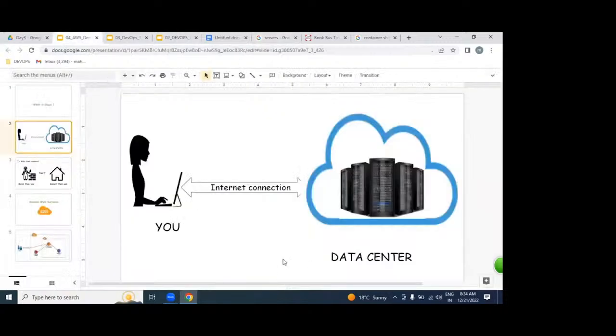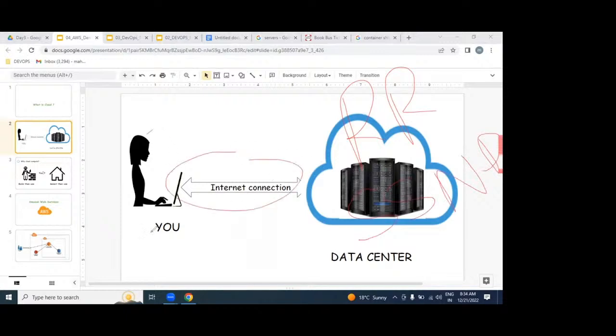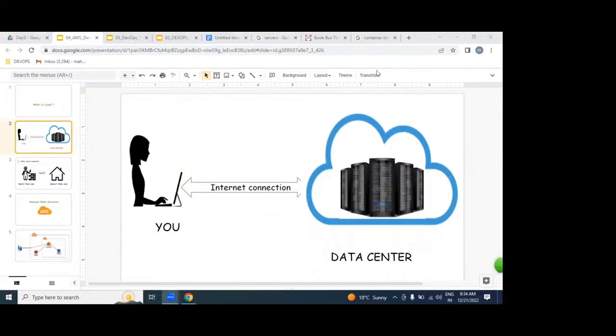What is a cloud? The remotely placed resources like servers, storage, network, and database. If we can access them over the internet from your laptop, that is cloud computing.